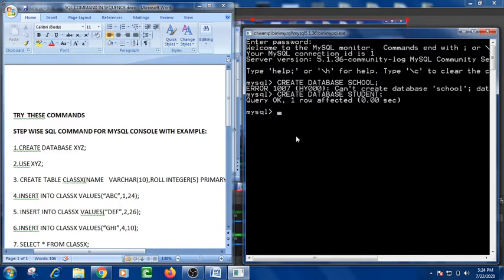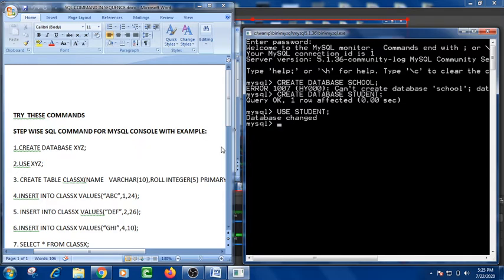Now second, I have to create the table in the database student, so I have to write the command use student. Clear? Now database changed. Whatever database I have been using till now has been changed to database student.